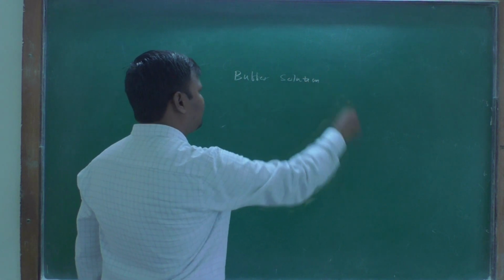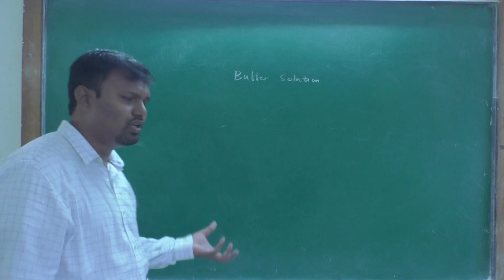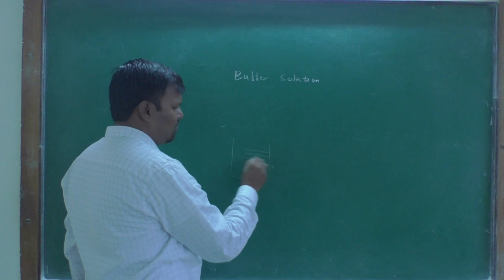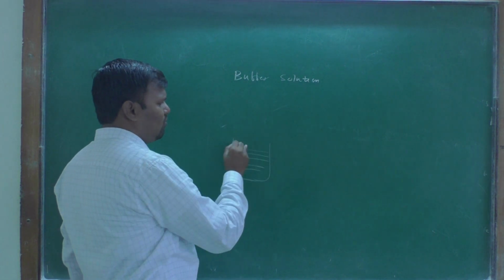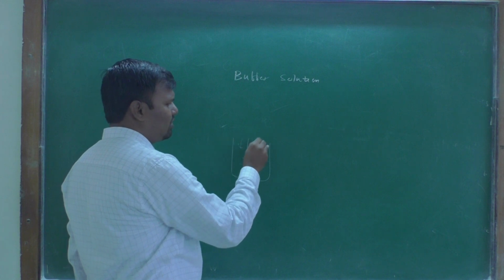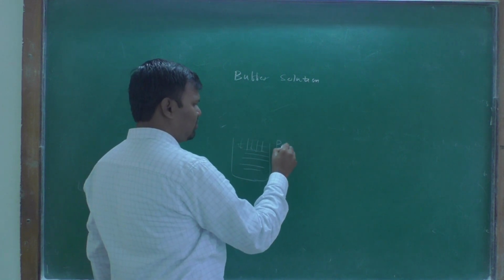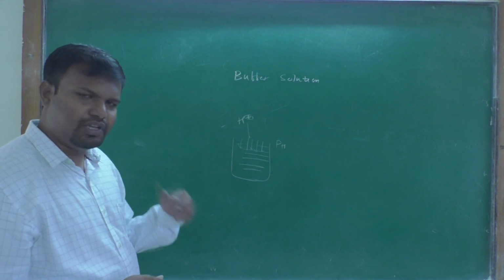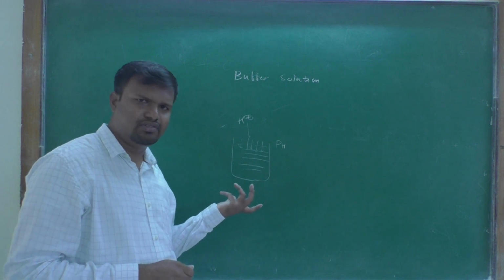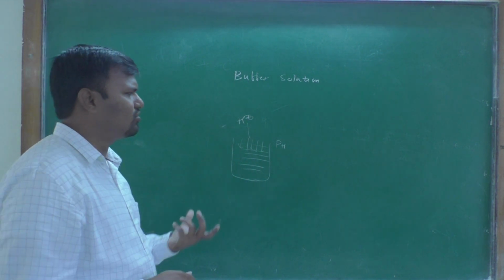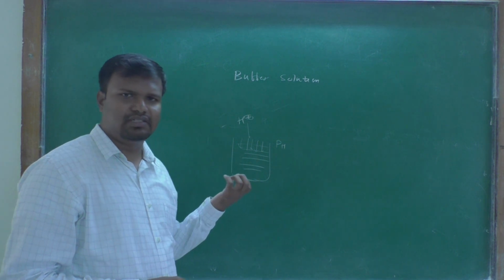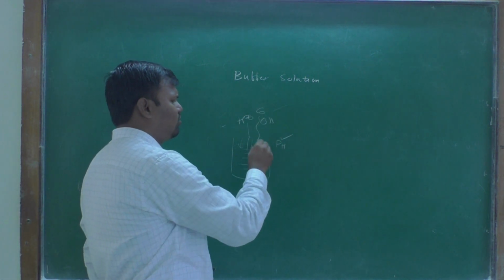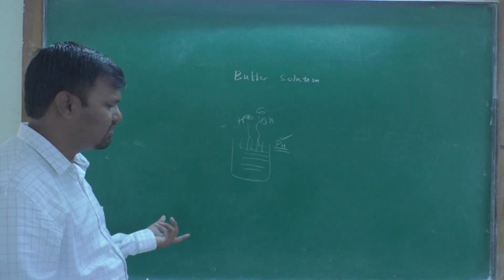Okay, a buffer solution is a solution which, when you dilute it by adding a small amount of water, no change in pH takes place. Or you add a small amount of H plus ions. After adding H plus ions, pH should change, because the concentration of H plus ions increases and therefore pH is reduced. But no change takes place. You add the OH minus ion, then no change in pH takes place. That solution is called the buffer solution.